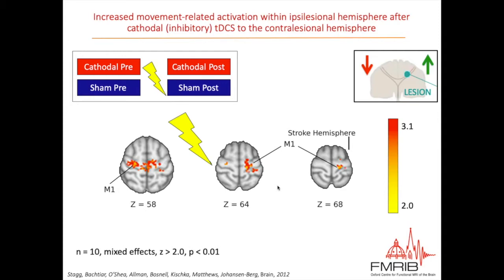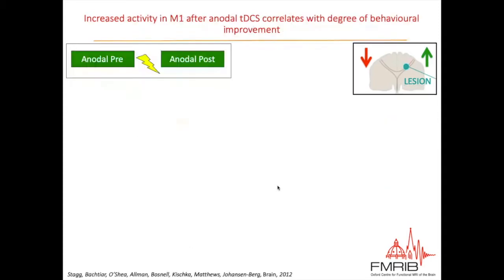But instead of just looking at the group mean, we can ask the question, on a subject-by-subject basis, where within the brain does the change in BOLD signal due to anodal stimulation, which gives us an improvement in behaviour, correlate with that improvement in behaviour? So it's still correlational, but it's on a subject-by-subject basis, asking is there a direct relationship between brain stimulation